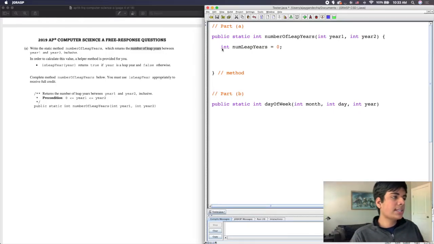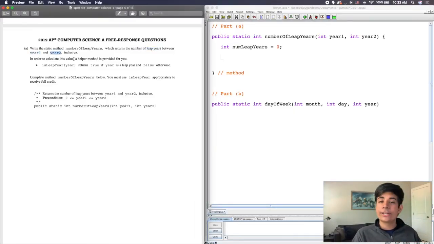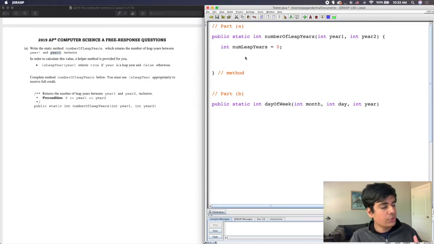Now what I want to do is I want to check all of the years between year 1 and year 2. So if I want to check every single year in a range, I can use a for loop to do that. So I can say for, right? And then remember, I have 3 parts to my for loop. I have the initial counter, then the point at which I stop counting, and then also the increment that I use. So I can say int year equals, right, year 1,